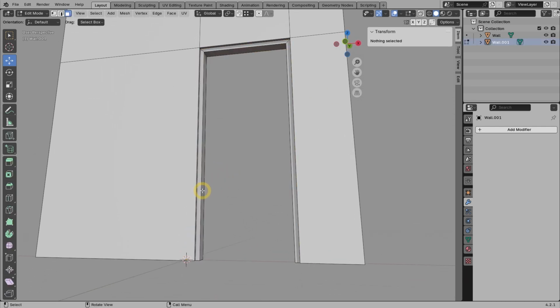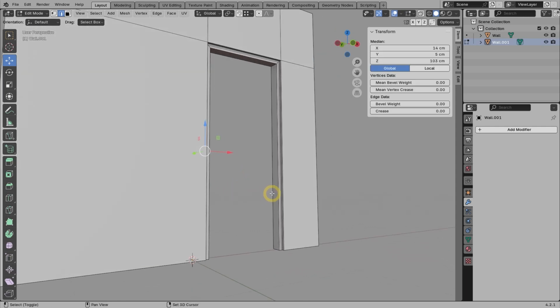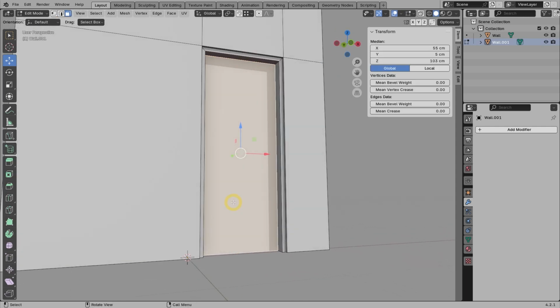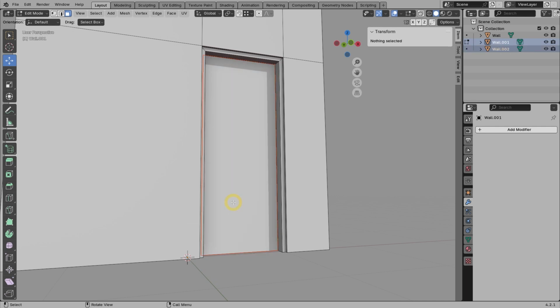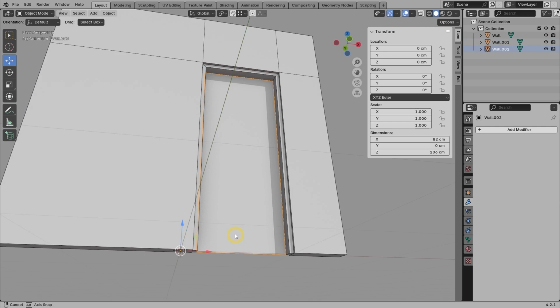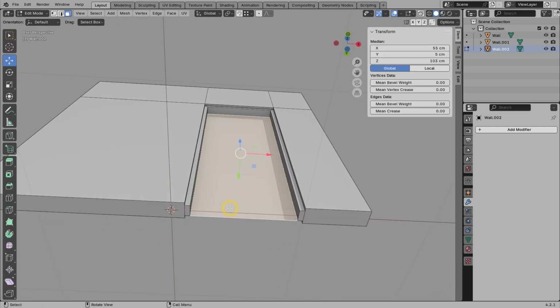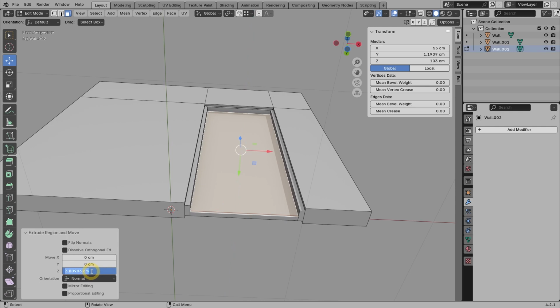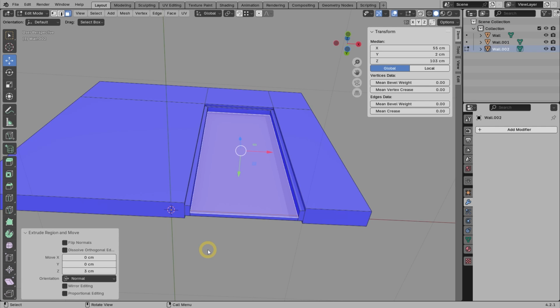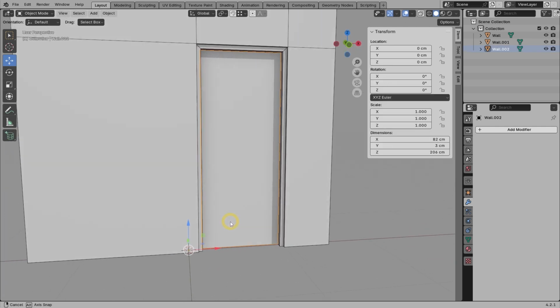Now, for the door leaf, we can select this edge and this edge. Press F to create a new face. Then we separate this new face into an independent object by pressing P. Next, go to the edit mode of the door leaf object. Select the face and then press E to extrude. Let's make it 3 centimeters thick. Let me check the normals first, just in case we have flipped normals. Alhamdulillah, all is good.